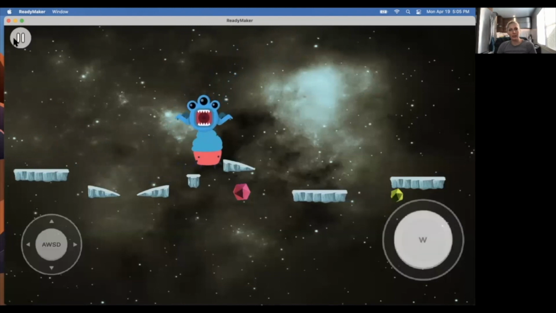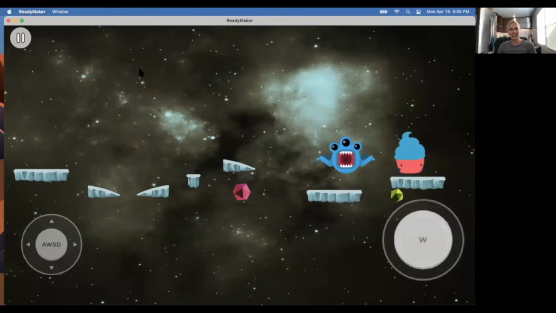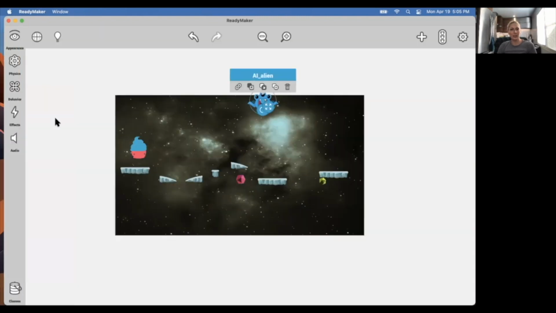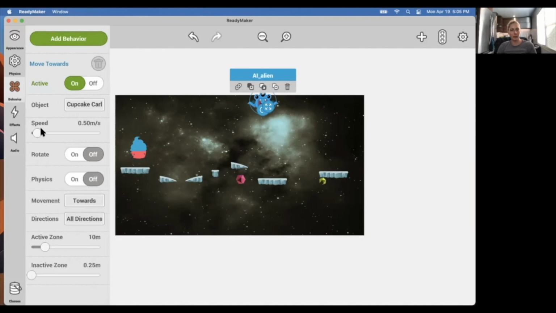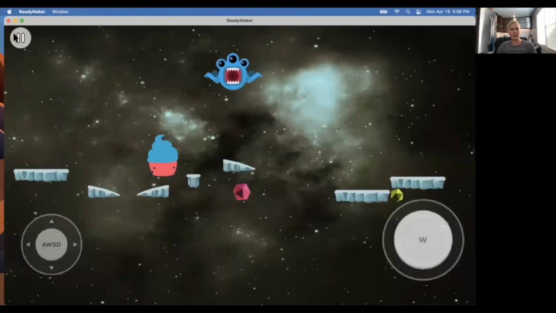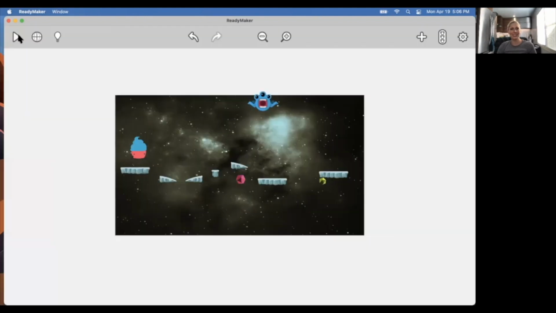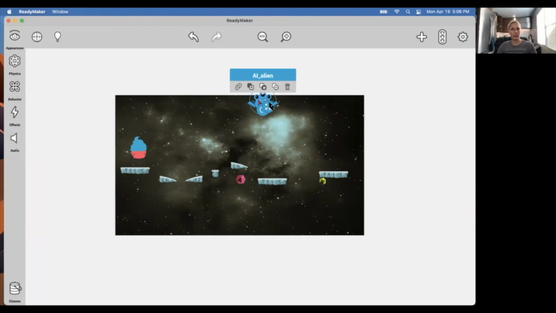So I'm going to turn that speed down. That's fast. That's fast, man. I'm not going to make it. So I think that's in the behavior. Yeah, speed is 0.5. I think I'll do 0.44. I don't know if that's going to make much of a difference. So I'll have to build up my game more so that way I have more room to run away from them. All right, so let's make it so that if this guy touches us, it restarts the scene. Actually,